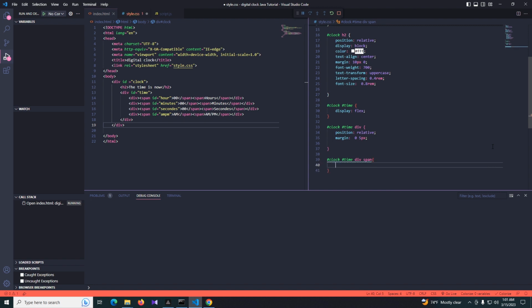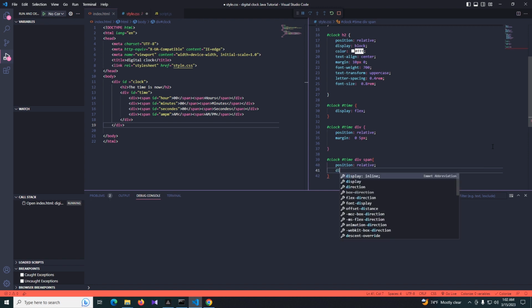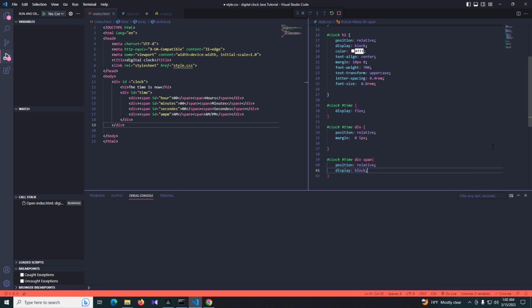Now we can set the position relative, display block,